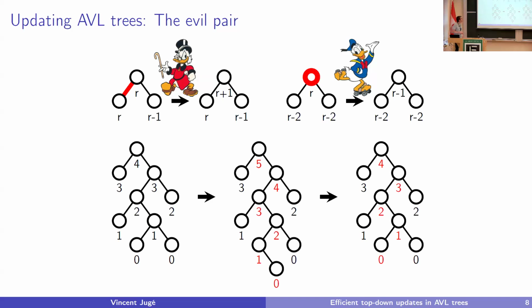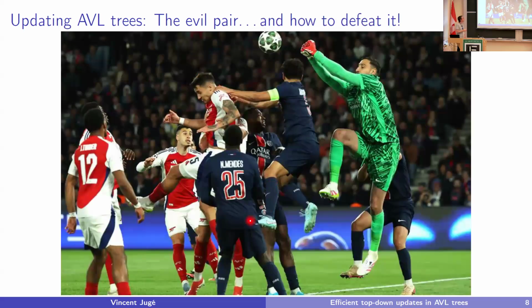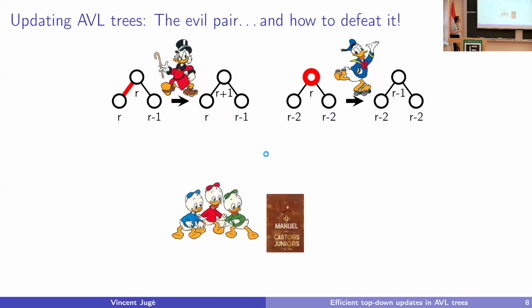So what we would want to do is to defeat this evil pair. When we want to defeat some very powerful team, well, you need to put an even stronger team, in general. Or you can call a very powerful triplet. So in our case, we will call these 3 nice-looking ducks. We'll call them Bernard Haeupler, Siddhartha Sen, and Robert Tarjan. So Robert Tarjan for Philippe. And well, it's well known that these 3 ducks have a super book that contains all the truths about the universe. I found the French cover much nicer than the English one, and it's called Le Manuel des Castors Junior.